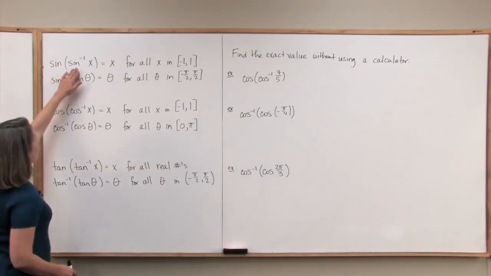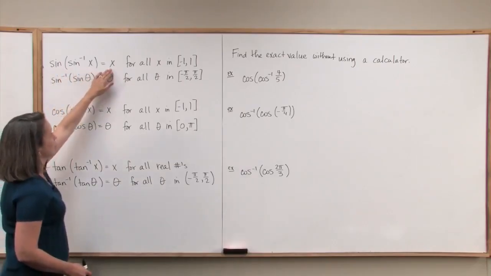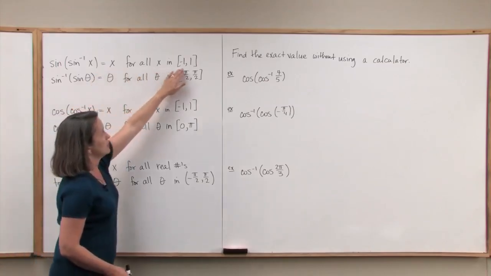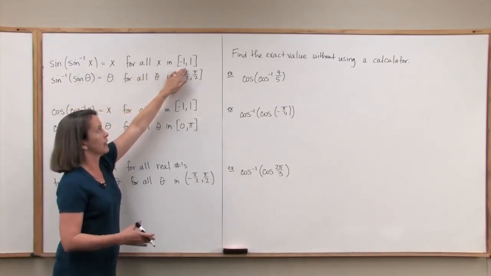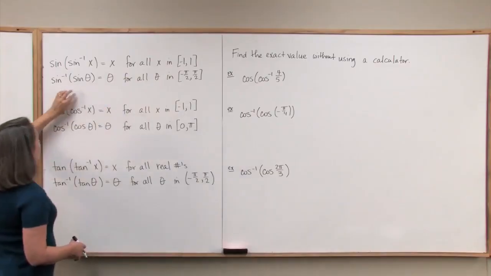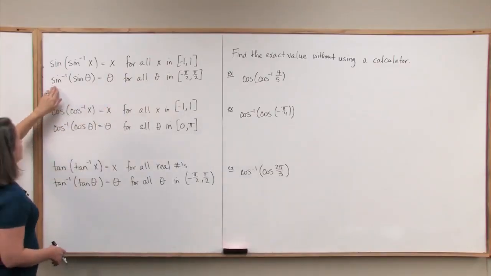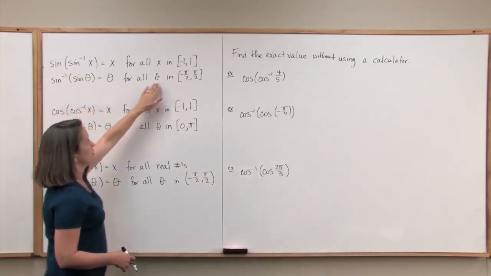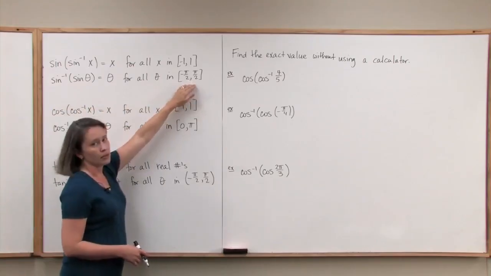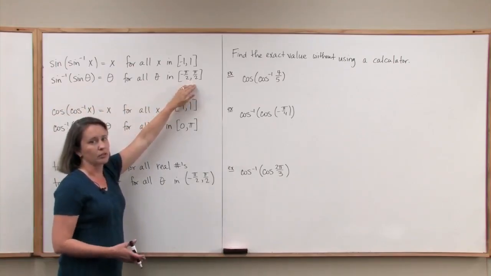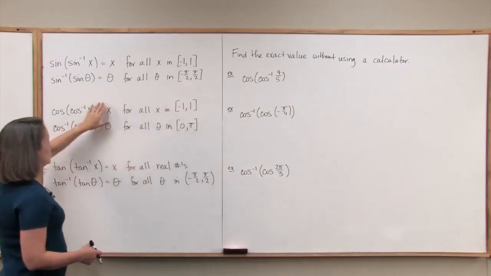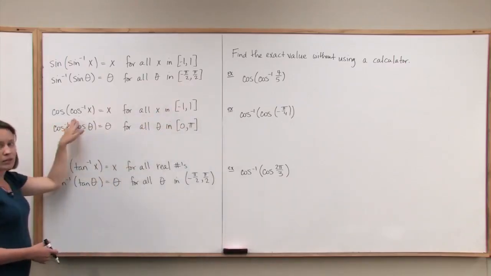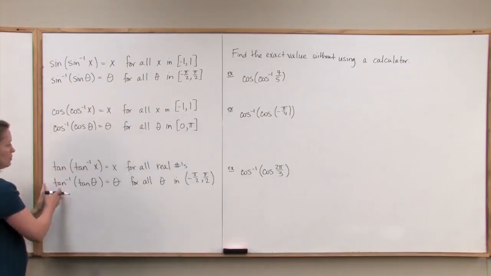The sine of the inverse sine of x is x, as long as x is in the closed interval -1 to 1. Notice I switched the order. So the inverse sine of the sine of theta is theta, as long as theta is in the closed interval -π/2 to π/2. Okay. We have similar relationships for cosine and inverse cosine compositions, and the same thing with tangent